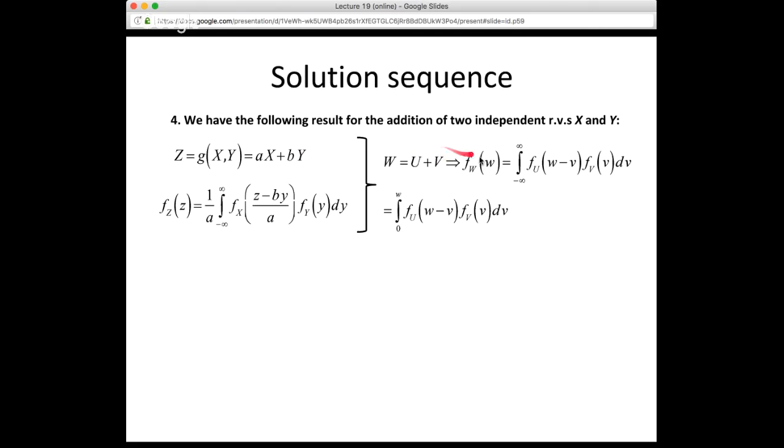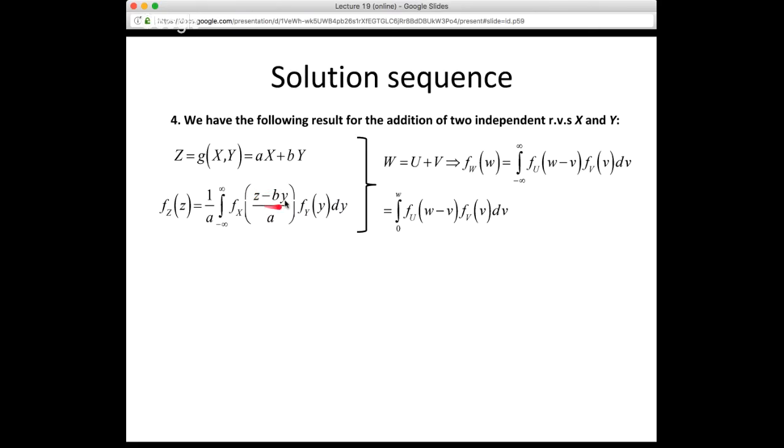And so we immediately know from this formula that the derived PDF for w is just going to be the integral from minus infinity to infinity. Here a is equal to 1 because the coefficient in front of u is 1. So it's just 1 over 1. So it's the integral from minus infinity to infinity of the first PDF. And again, these are statistically independent. So that's going to be f of u, right? And then evaluated at